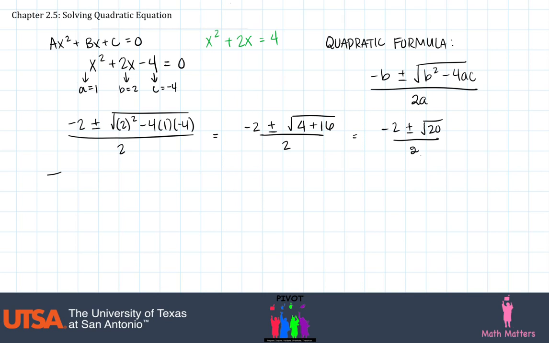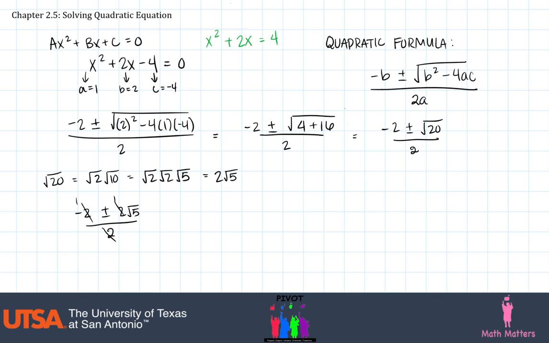So we have root 20 is the same as saying root 2 times root 10, which is the same as root 2 times root 2 times root 5. So square root of 2 times square root of 2, that gives me 2. So all of this is 2 times the square root of 5. So let's put that back into what we had. Now every term has a 2 in it, so we can actually cancel all this,